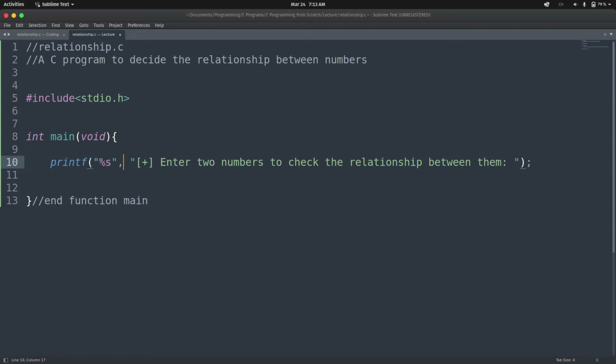So it's going to replace this conversion specifier for string with this particular string, so that in the output we only see this prompt, enter two numbers, to check the relationship between them. So using this print format this way is much safer. But if you want to pass just one argument, then we can make use of